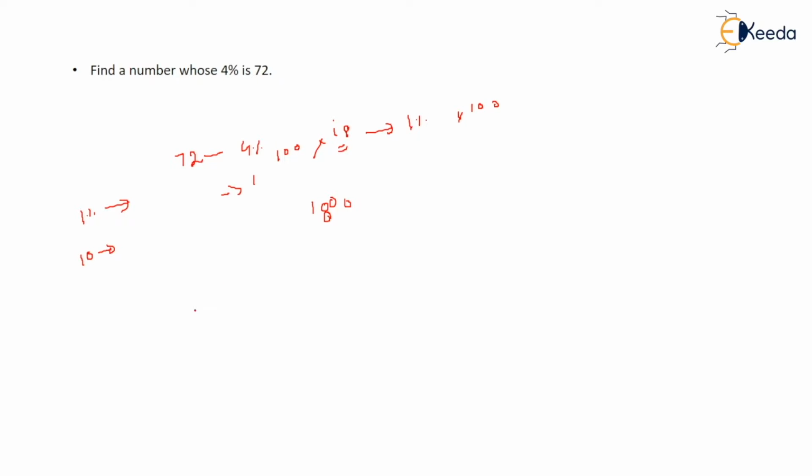Whenever there is a big number, suppose there is 550, and I ask you to find 40% of this number. So what you have to do is divide this number. 550 is 100%, so 10% is 55. 10% is 55, 110 is 20%, right? Similarly, 165 will be 30%, and when you add these two, you will get 220 as 40%. This is how you have to do the calculation in order to solve it fast.